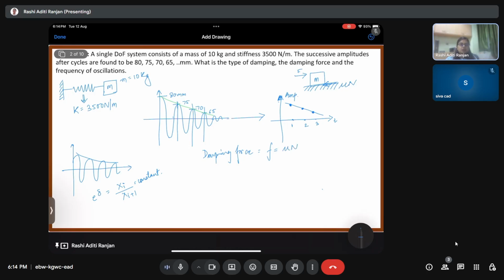Here we are not concerned about the coefficient of friction, so we'll just be evaluating F. If in the question it would have been given that we had to find the coefficient of friction, then we would have used the mass and then gravity and everything to find out the coefficient of friction. So the damping force is this. Now, if you remember that there was a relation, okay, for a behavior like this,